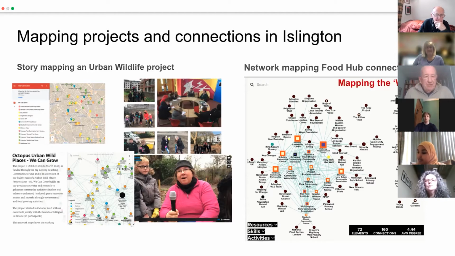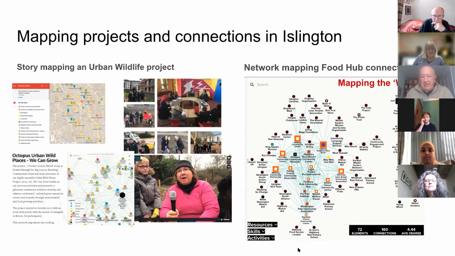Yeah, you can see in the panel on the left, down at the bottom, there's a map that shows nodes and connections. What that actually shows is collaborations between various community groups and other organizations in the We Can Grow project. A major aspect of We Can Grow was to increase community connectivity.